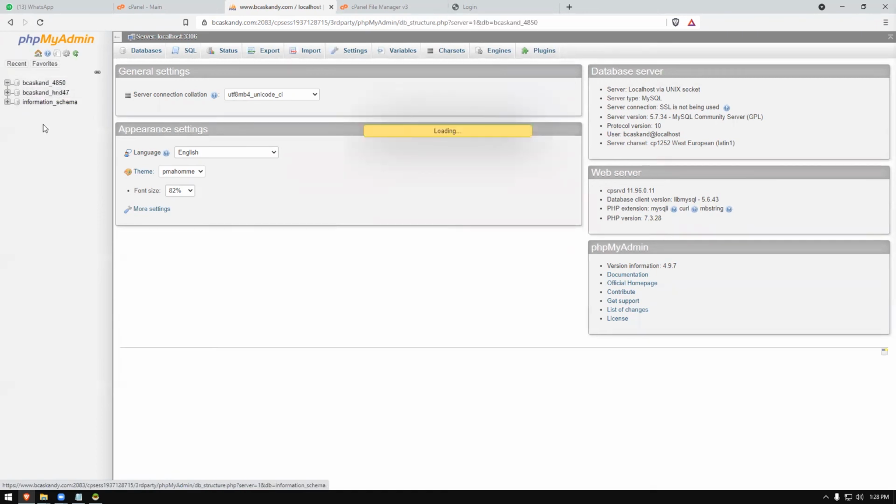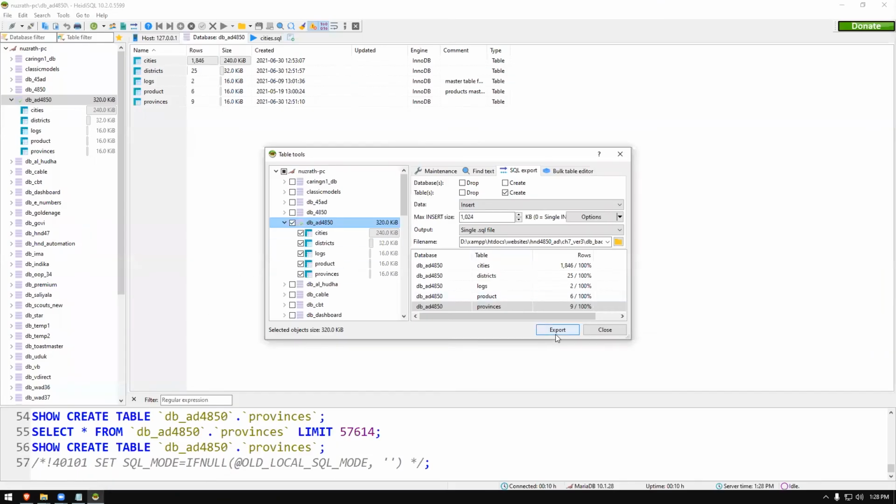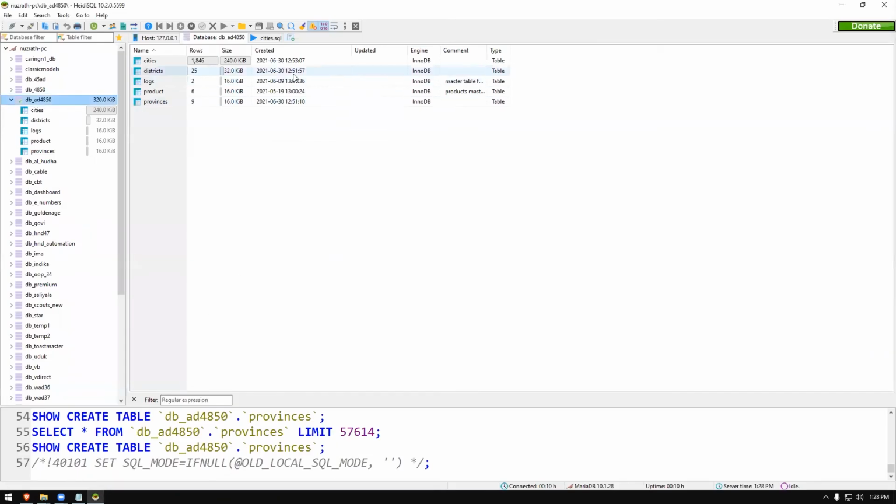So once you choose this one, it is possible for you to create tables here, but we are not going to do it like that. We're going to import our SQL file, right? So we're going to select import here, not export. From this tool we exported, okay? We have exported it. Now we're going to import that.